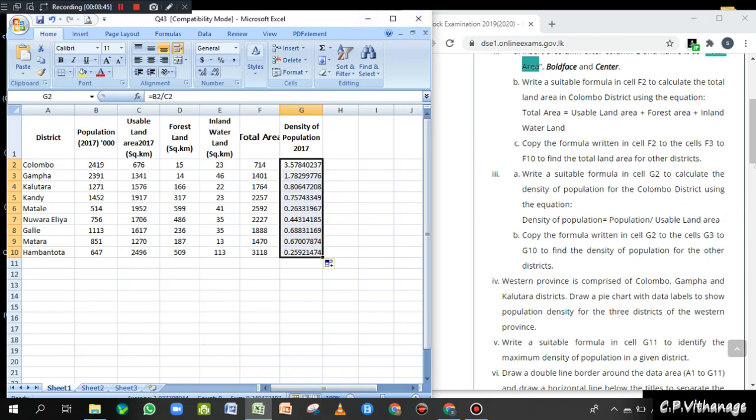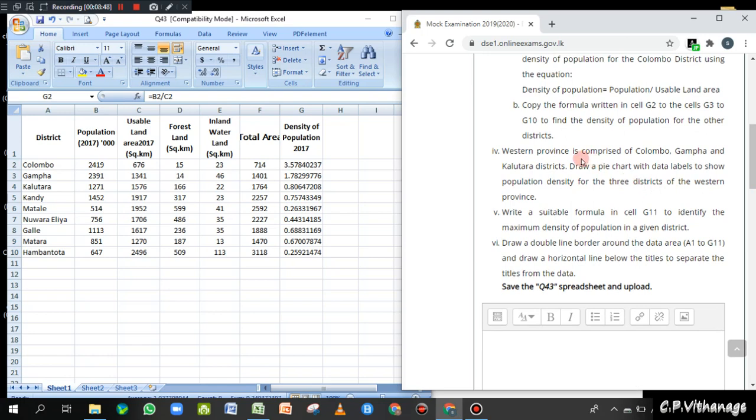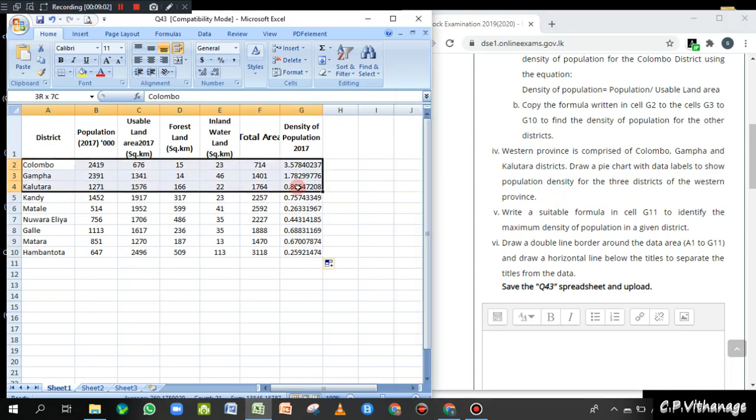Now we'll go to the next question. Western province is comprised of Colombo, Gampaha and Kalutara districts. Draw a pie chart with data labels to show population density for the three districts of the Western province. So these are the three districts of Western province. I have to put a pie chart for these three districts. So I have to select these districts, and they are asking me to put